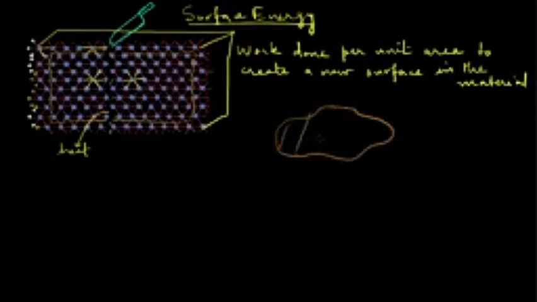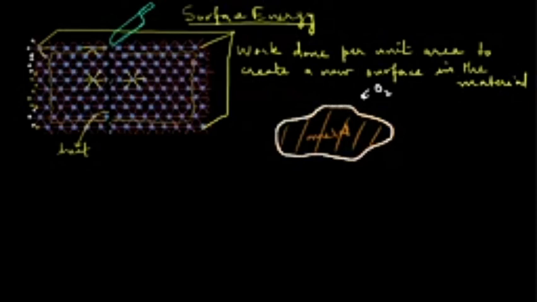So for example, in metal, you have a piece of metal and a freshly formed surface here, and the chances are that the surface atoms are going to quickly combine with oxygen in air and form a thin oxide film, or what we call a passivation layer. So what is essentially happening here is that surface atoms are combining with oxygen and forming these new bonds, and they are reducing their overall surface energy.